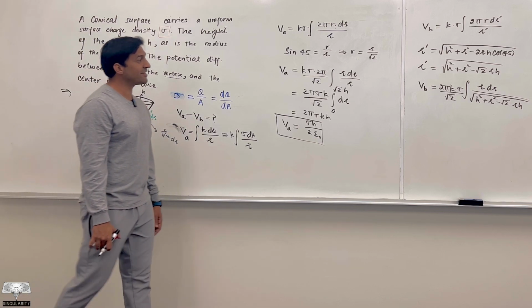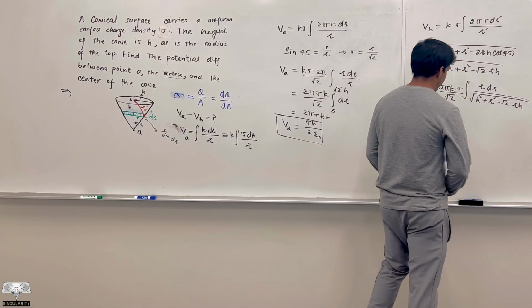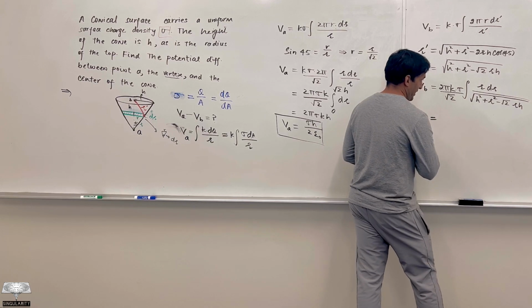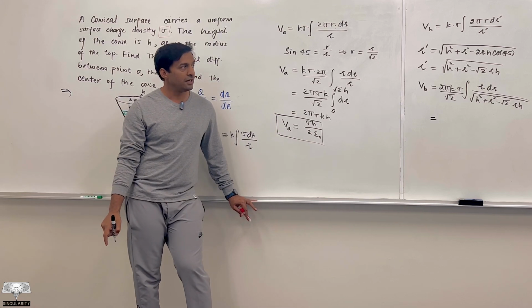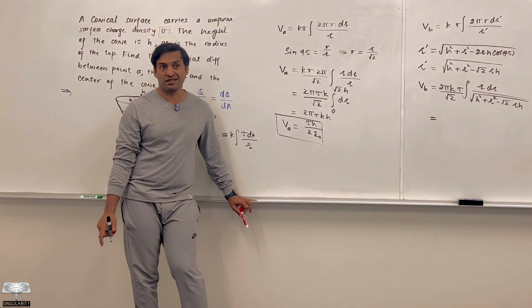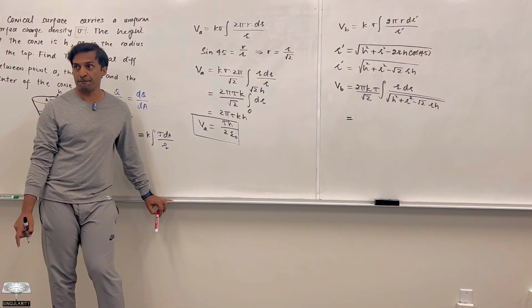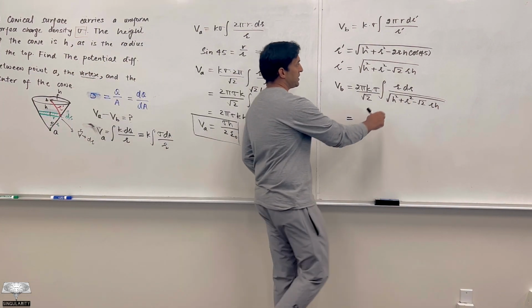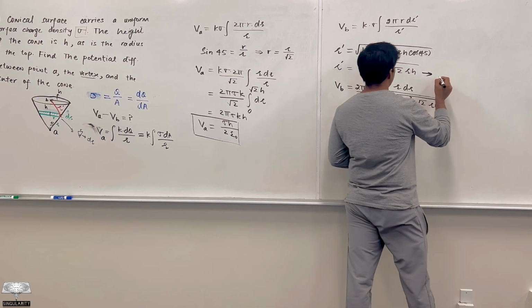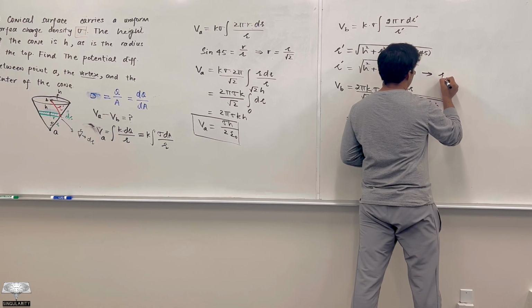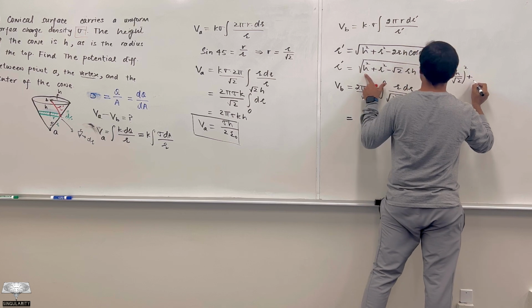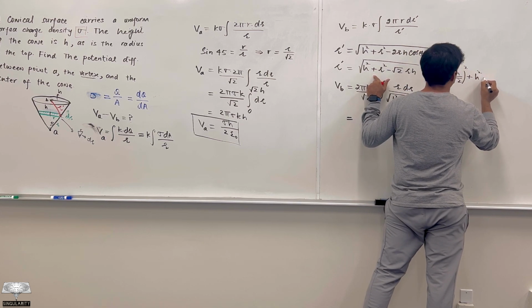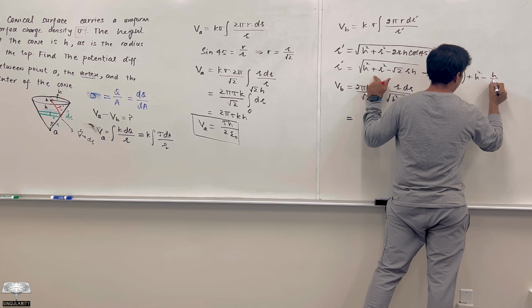This is a horrible looking integral. It took some time to solve it. So we are going to complete the square on the bottom, because the expression in the denominator is a quadratic in curly R. Okay. So if we complete the square, I'm just going to do it here. So this becomes curly R minus h divided by square root of 2, whole square, plus h square minus h divided by square root 2